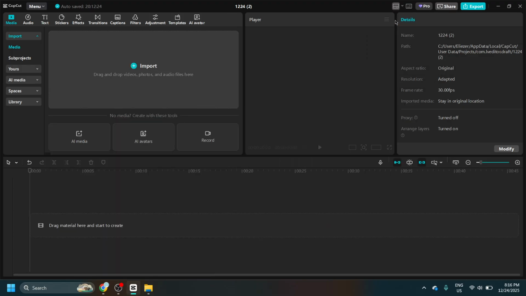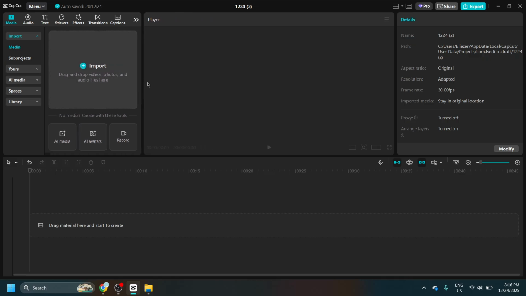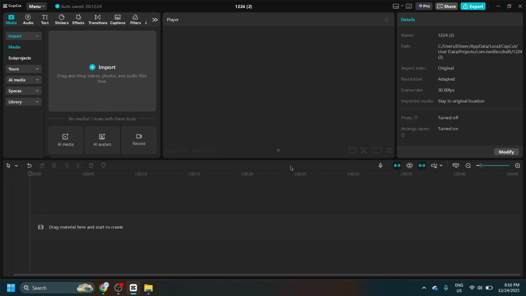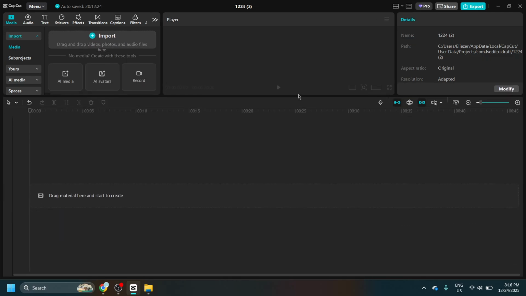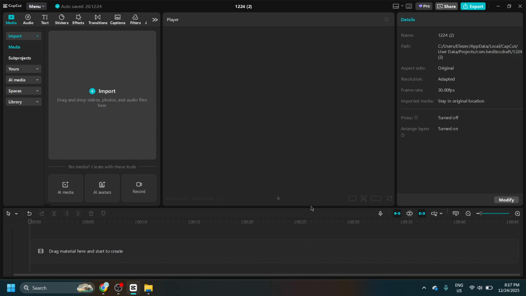A few tips as you choose. Consider your screen size and priorities. Editors who do lots of fine cutting often benefit from a taller, more detailed timeline, while those focused on visuals prefer a larger preview. If you frequently use an external monitor, a layout with more panels visible at once can speed up your workflow. And if performance ever feels sluggish, a simpler design with fewer on-screen panels can make navigation